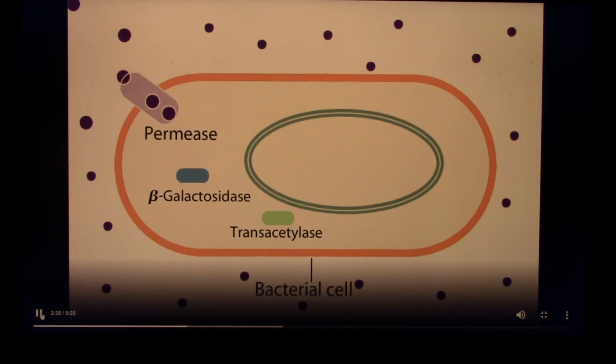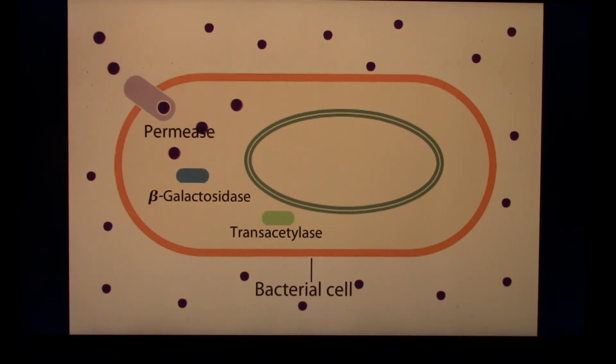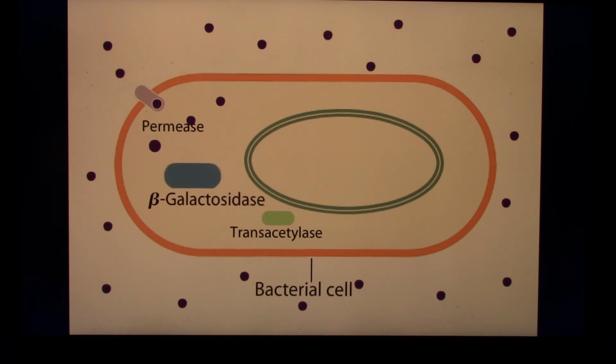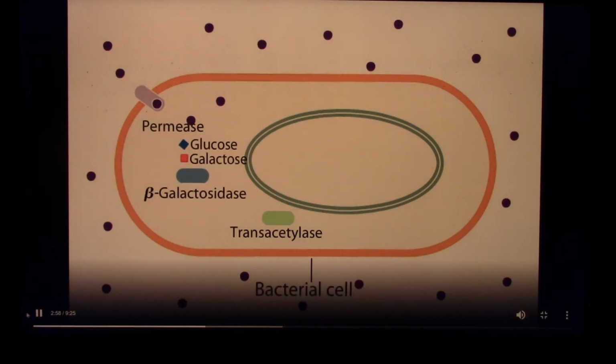The lac operon. To utilize lactose as an energy source, E. coli bacteria use the enzyme beta-galactosidase, encoded by the LAC-Z gene of the lac operon, to break lactose down into glucose and galactose. The function in lactose metabolism of the third enzyme, transacetylase, also produced by the lac operon, is